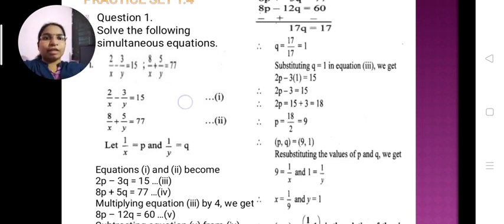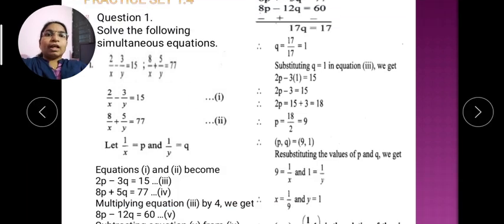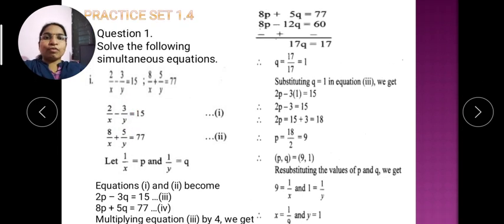In the simultaneous equations, 2 upon x minus 3 upon y is equal to 15. This is the given first equation. 8 upon x plus 5 upon y is equal to 77. This is the second equation. Students, if you are observing both equations,